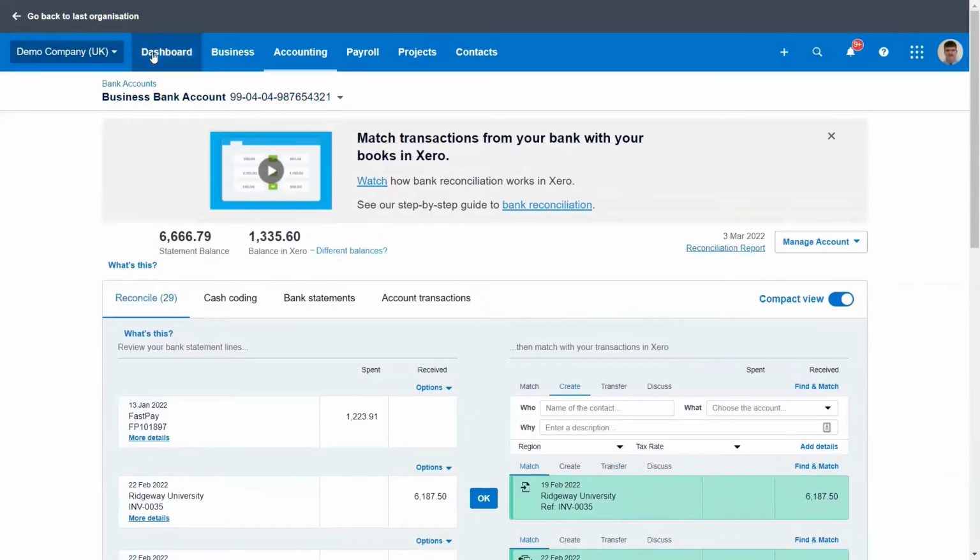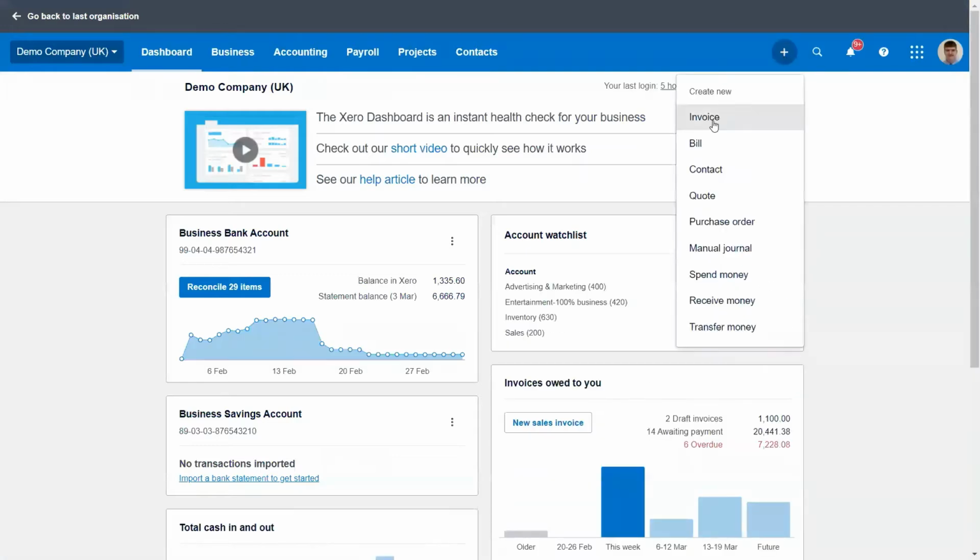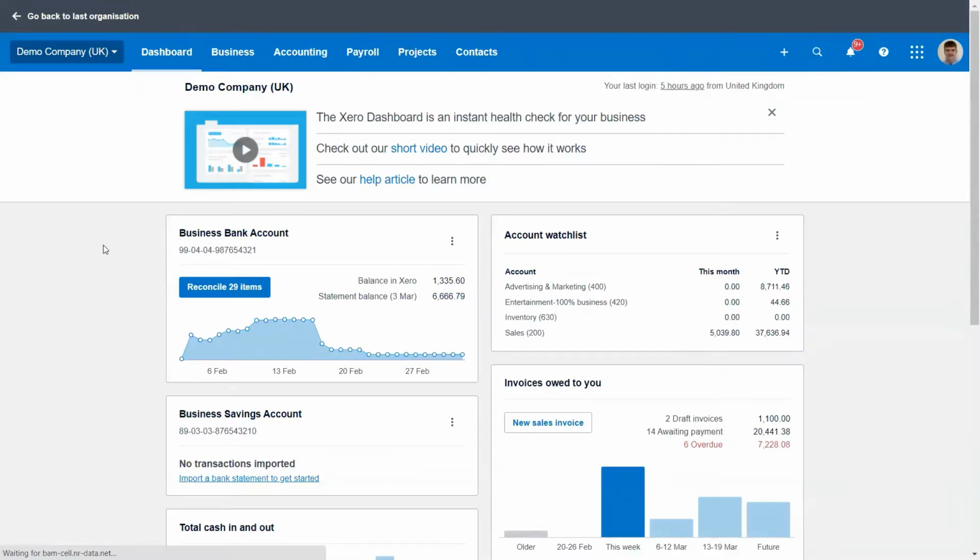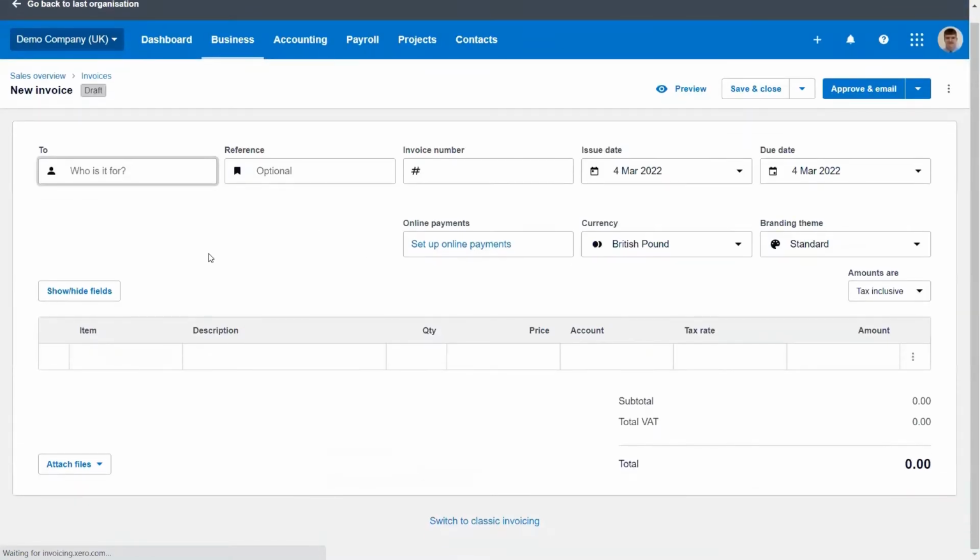And then if we go to invoicing, when we go there, it's just loading. As you can see, in Xero, there's a new invoicing screen, and it's quite nice. It's just got the boxes that you need, so there's nothing there that doesn't necessarily need to be filled in, really, as such. So yeah, it's quite quick and easy to fill in these boxes and then ultimately create an invoice